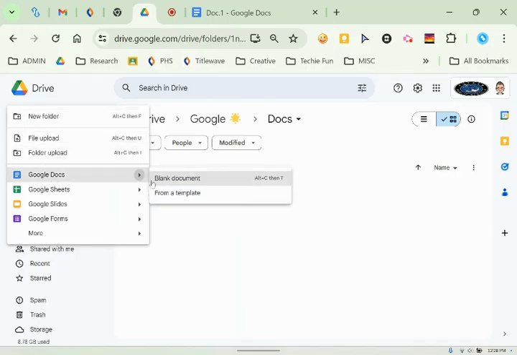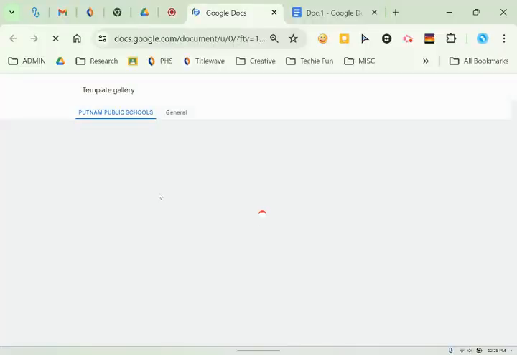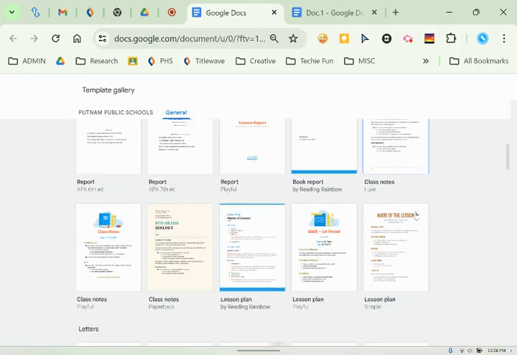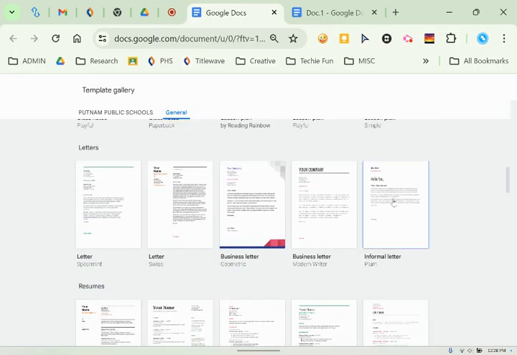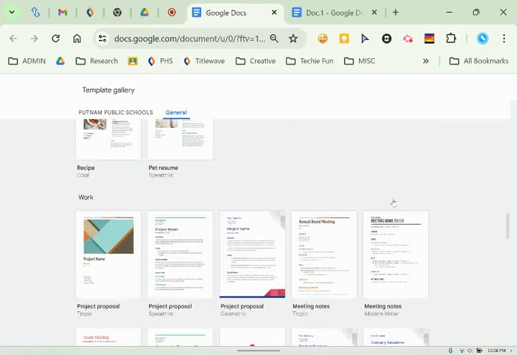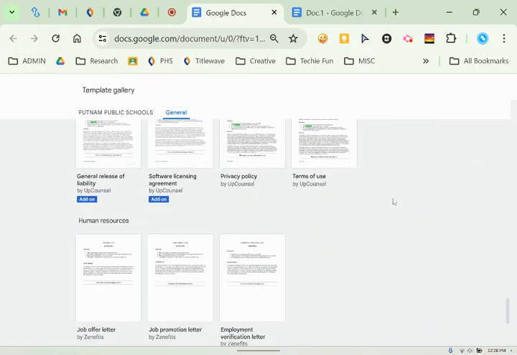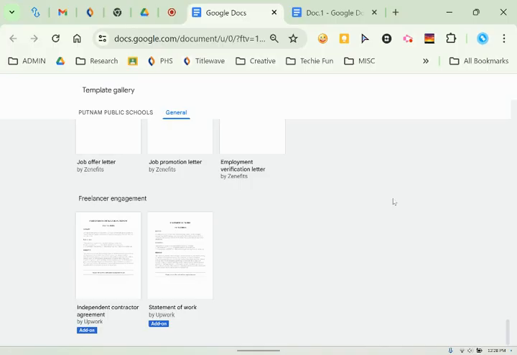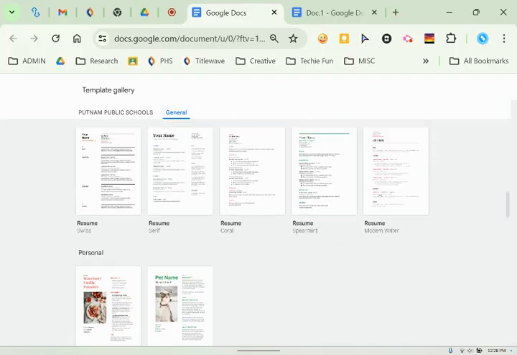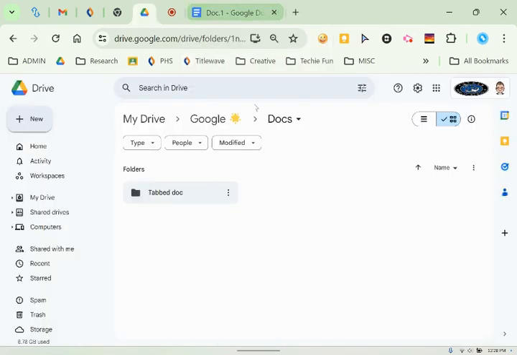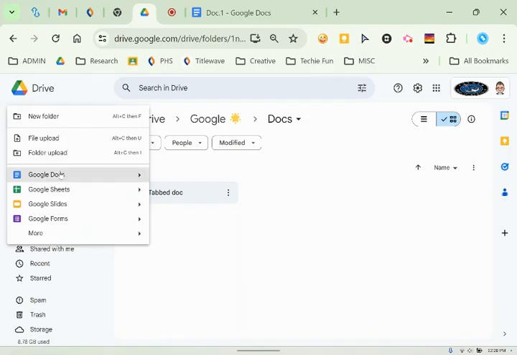And if I click this arrow, I could also choose a template. The templates are kind of neat. I'm going to go to General Templates. We have MLA reports. There are class notes and lesson plans. There's resumes and recipe templates. There's business templates, sales, legal templates. So they really are quite nice to browse through, and you could use them for many different classes. But I'm going to get out of the template gallery right now and just do good old New